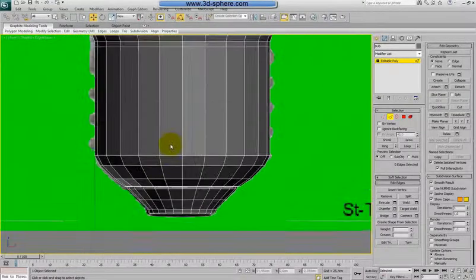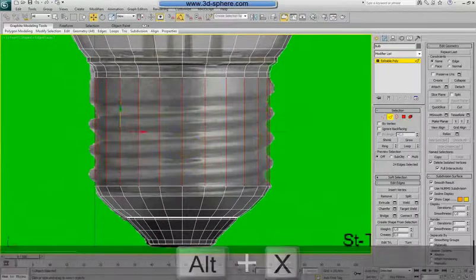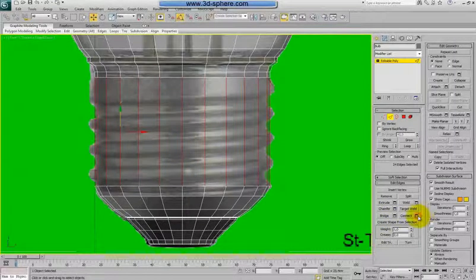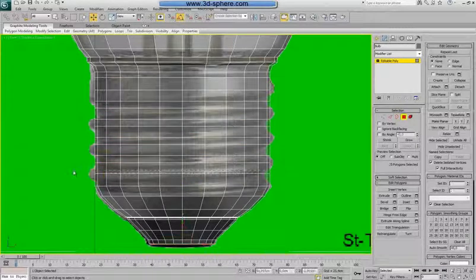The rest should be fine. All ticks to see the shape. Select all these edges, and let's connect them 4 times, 5 times. Still selected, chamfer them like this. Now select the